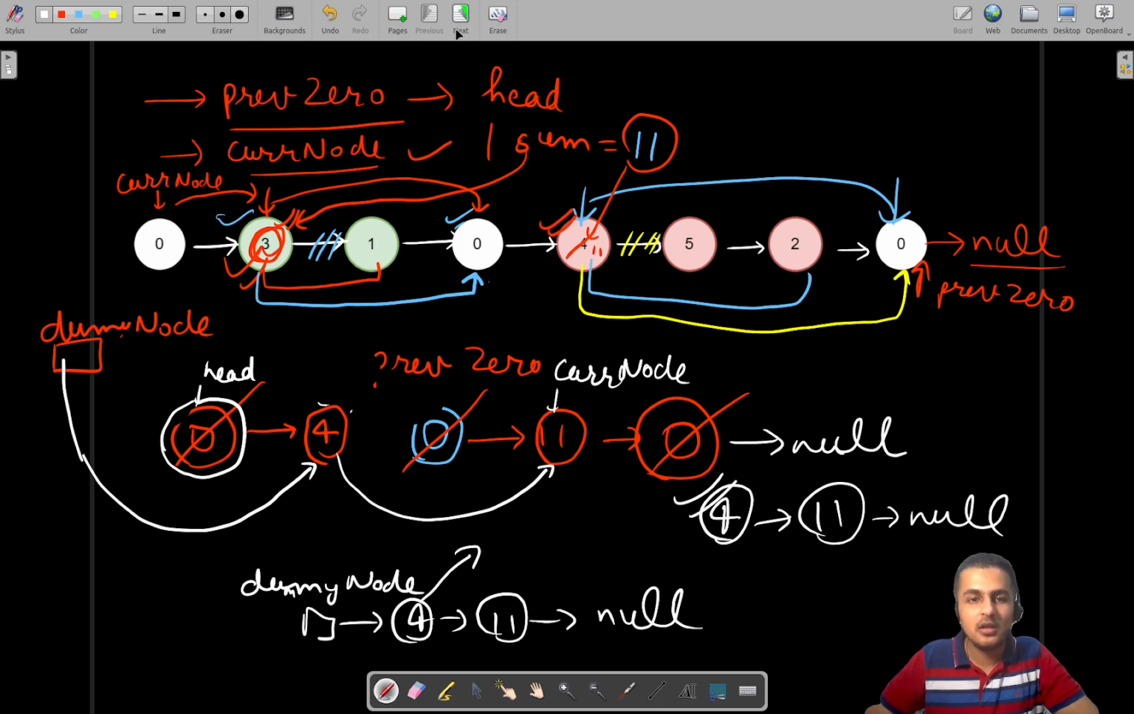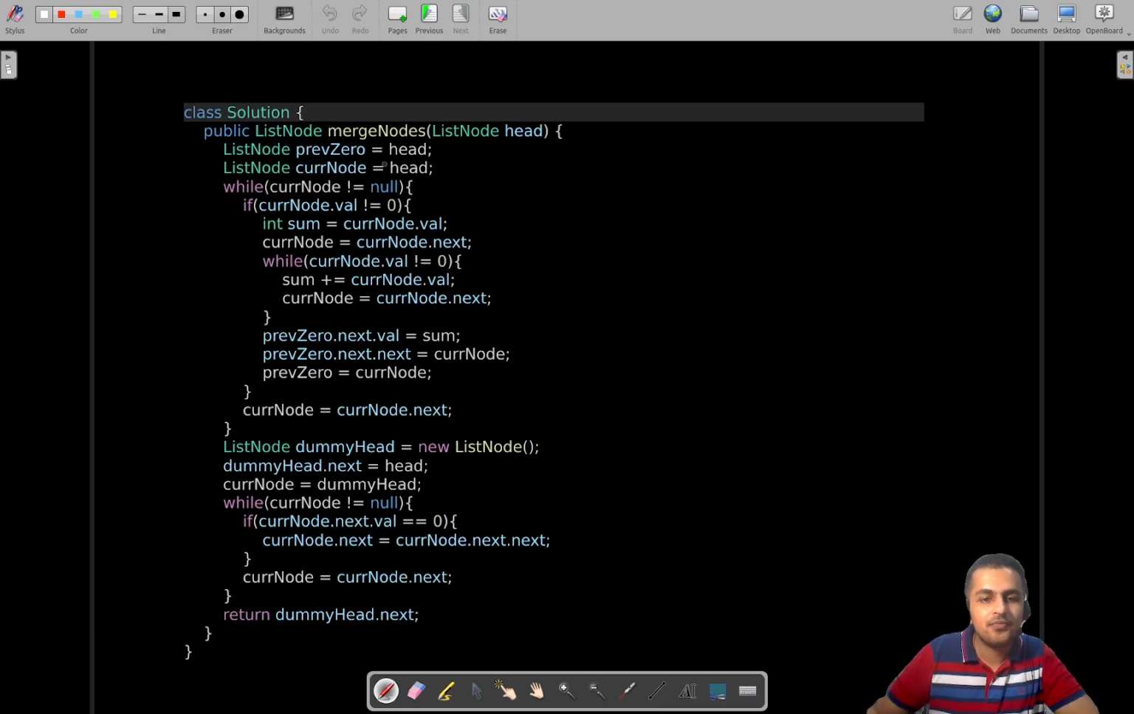So now let's continue with the code. As I mentioned, we need two pointers, the previous 0 pointer and the current node. This node will be helping us to traverse the list. And previous 0 will tell us the reference or the address of the previous node at which 0 was encountered. So we will do a single linear traversal till we reach the end